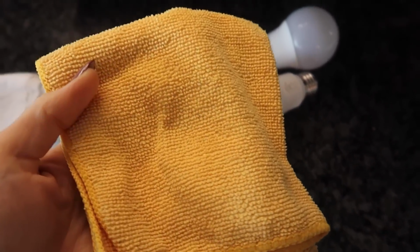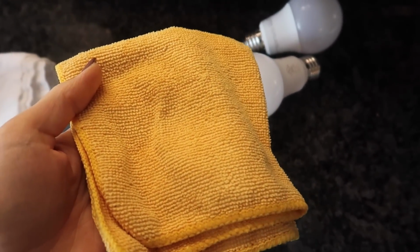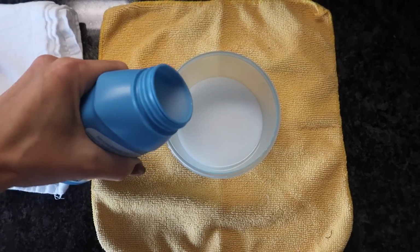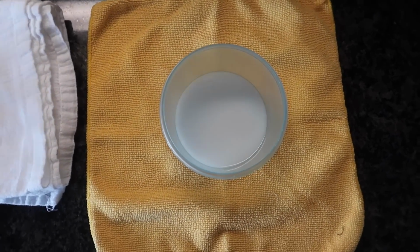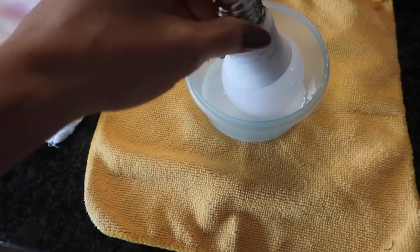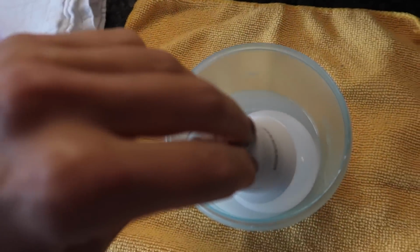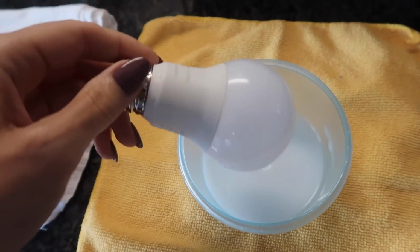What we're gonna use, you will not want to put on microfiber, trust me. This is also from the Dollar Tree, comes in travel size, which is amazing. So what you're gonna do is take your light bulb and saturate it in this. You can even take a paper towel. I'm actually gonna take this towel right here to cover it in its entirety,